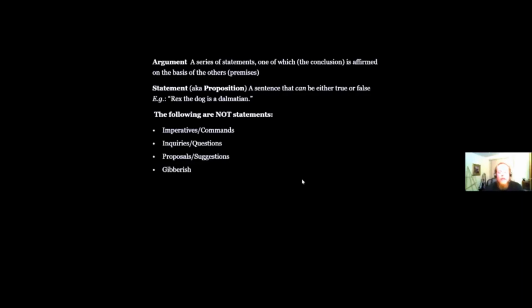And then the fourth kind is fairly obvious. That would be gibberish. So if I say, blah, blah, blah, blah, blah, true or false? Nope. The notion of truth value does not apply. So statements are things that can be said that are either true or false. They have truth value. So moving on from there, now we can talk about arguments that are comprised of statements,